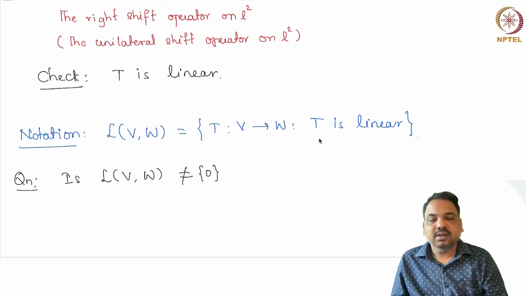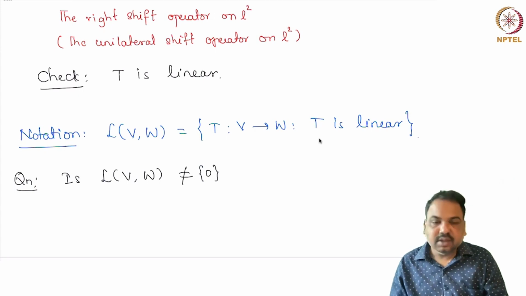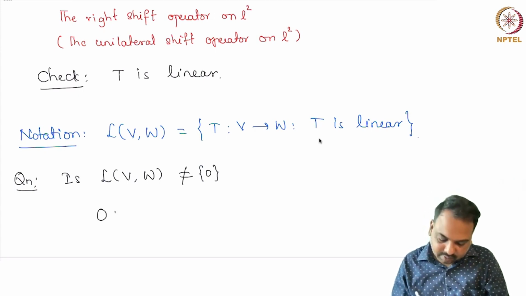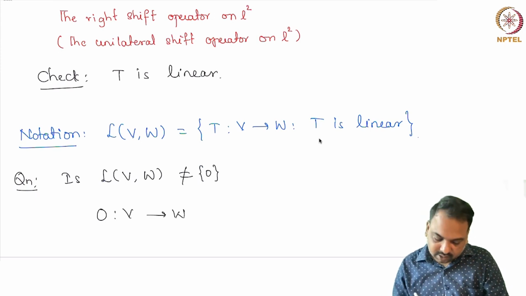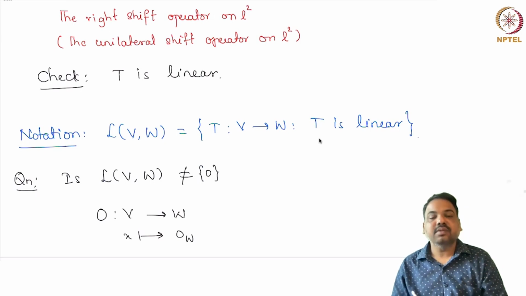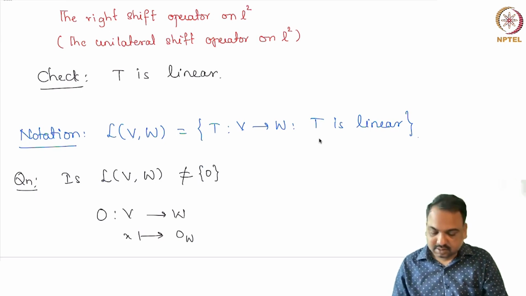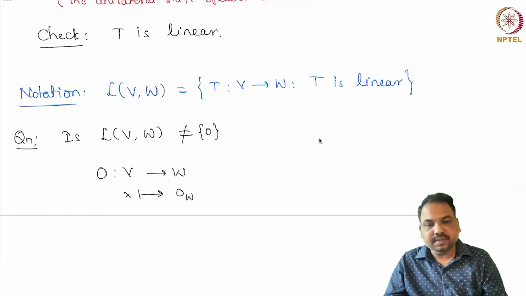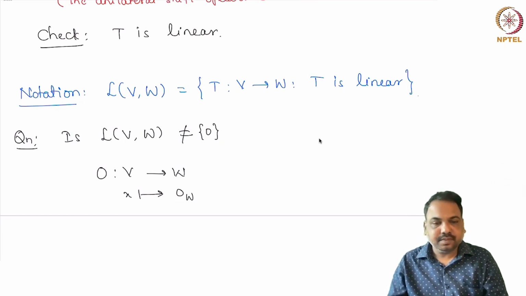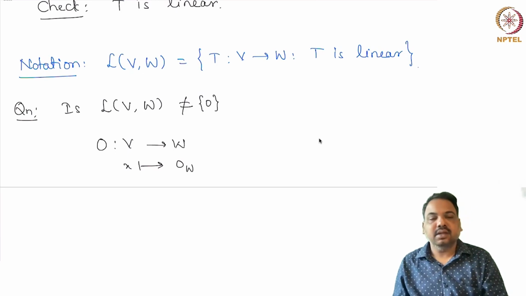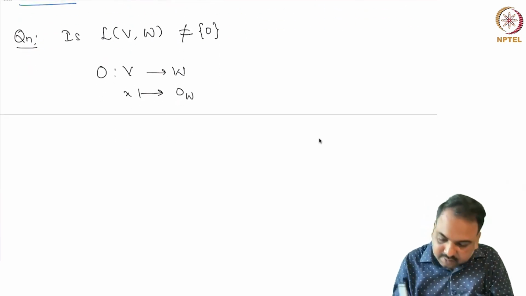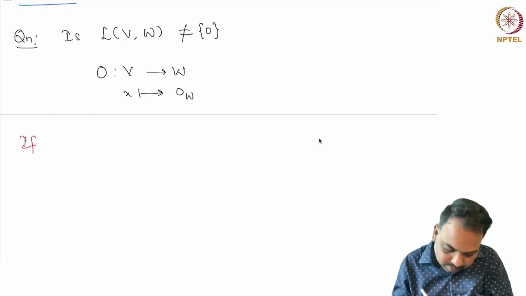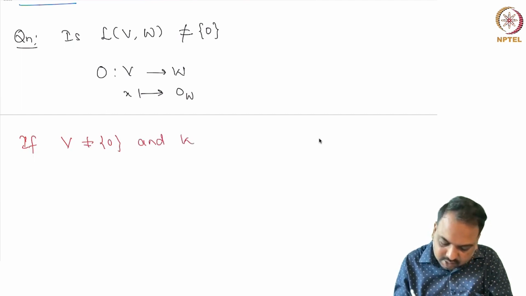We can always define a zero map from V to W. Earlier we defined it from V to V. Here we send every vector x into 0 of W. This is also a linear map. So L(V,W) contains the zero map. Now the question is, can it contain a non-zero map? That means if V is a non-zero space and W is also a non-zero space,